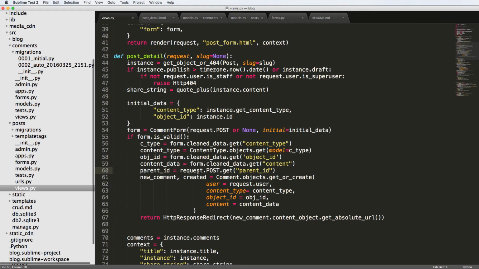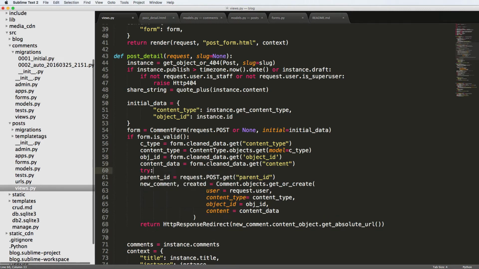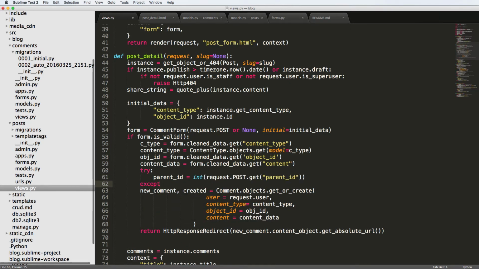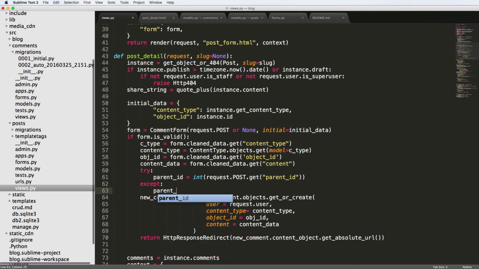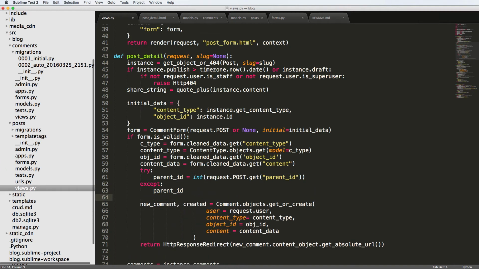Now, I do still want to have some safeguards to make sure that this parent ID actually exists in my database. So I'm going to put a try block here, and instead of just getting the requested post data, I'm going to make sure it's an integer by just doing int. And if it's not an integer, it's going to raise a value error. So we can just put an except here and just say parent ID equals to None. So this is saying that if it's not an integer coming through here, if some other kind of code for some reason came through as a parent ID, then we're just going to